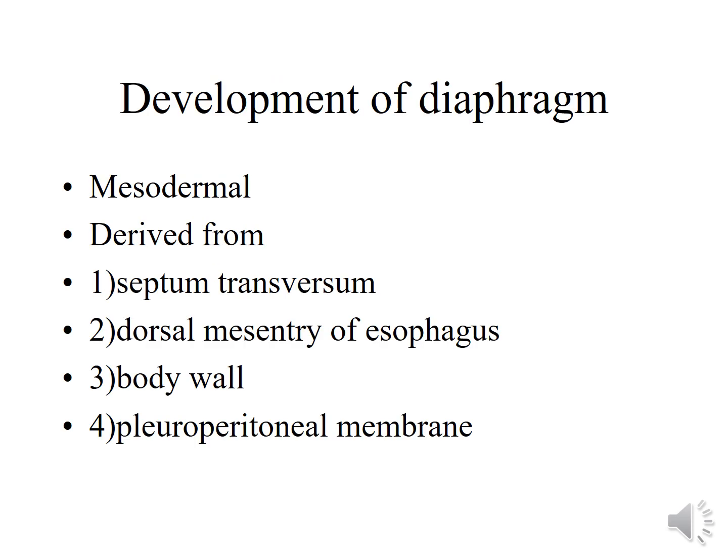Coming to the development of the diaphragm, most of it we have already discussed in the development of body cavities. The diaphragm is a mesodermal structure and it is of composite origin. It develops from four sources. The anteromedian part is derived from the septum transversum, which is a mesodermal partition, and it extends from the ventral body wall to the ventral surface of the esophagus. We have already discussed how the septum is initially cervical in position, then it descends,